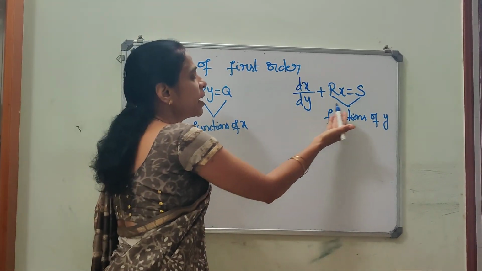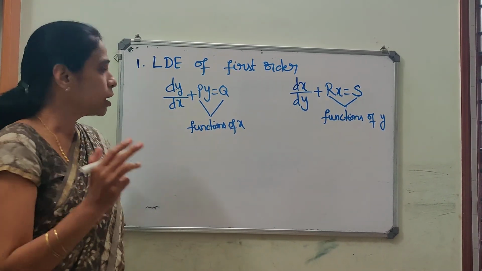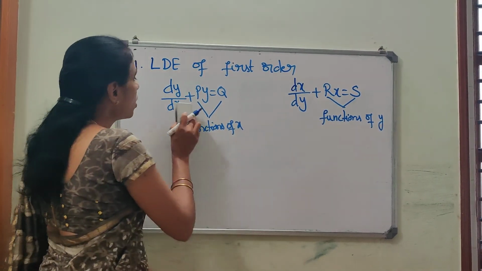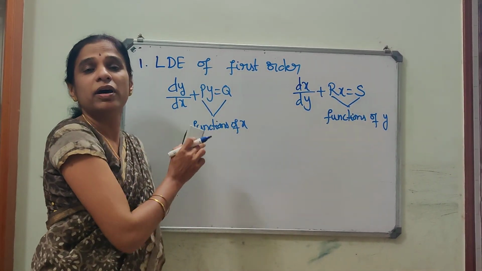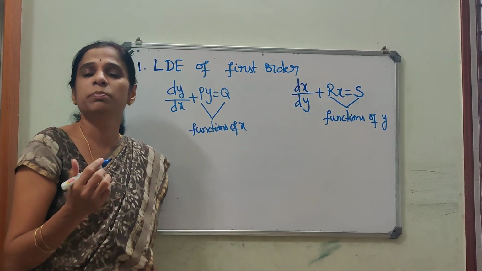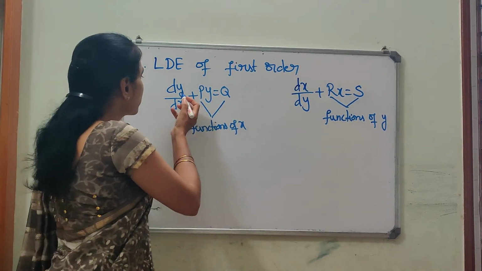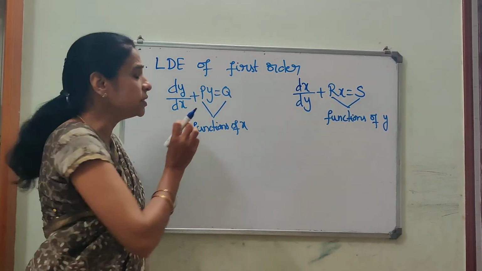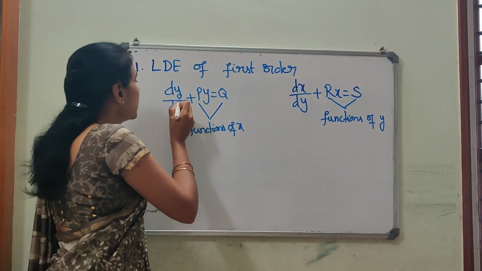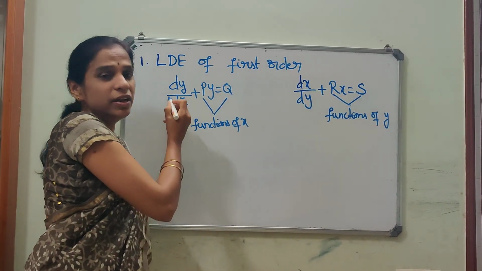The same thing can be applied for this equation, where you can simply reverse the roles of x and y. So let us look at now how to find the solution for this differential equation. Finding the solution of a differential equation means that we are going to integrate the differential equation to get the function y. So solution means we need to find this y, which is an unknown here, such that y as a function of x should be satisfying this given equation.